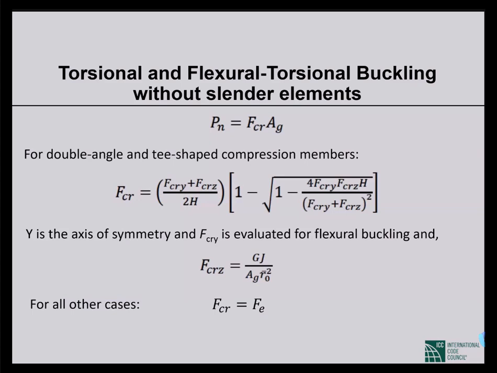It doesn't mean that the section will be compact. No. To have a compact section, the width thickness ratios must be less than lambda P. And if the width thickness ratios are less than lambda R, we call them non-compact section, but not slender elements. Okay, so we have complicated formulas for that. So as you see that FCR for normal flexural buckling that I have shown in the graph.